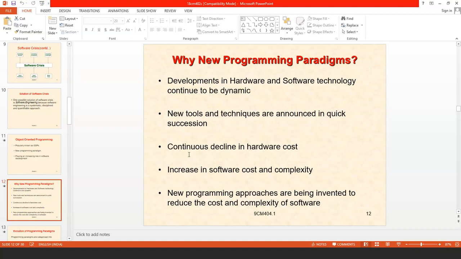And also there is a continuous decline in hardware cost. That is, hardware cost is drastically decreasing when you compare with previous hardware. I used a desktop system which had only a 40 GB hard drive, but now we are using a simple smartphone which has around 64 GB with an inbuilt processor, not extendable drives or memory cards.